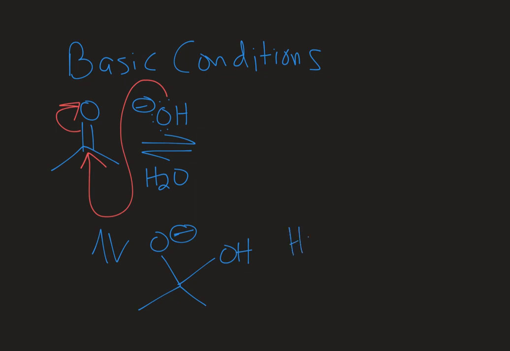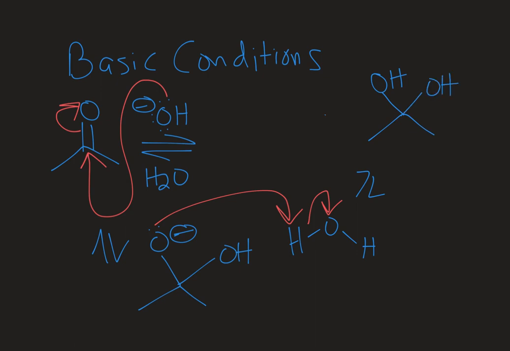And then the best acid that I have in solution is water. Remember, I'm in basic conditions. So under basic conditions, you're going to see negative charges and neutral molecules. Under acidic conditions, you're going to see positive charges and neutral molecules. So this negatively charged oxygen is going to take a proton from the water, that will give me that final geminal diol, and then also hydroxide, which is already in solution and can be used as a nucleophile in another reaction. So this has been a look at how to form geminal